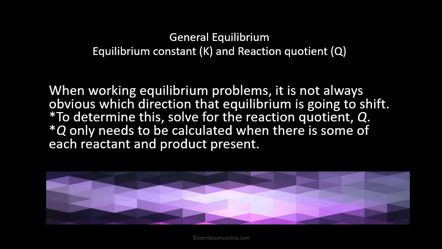Let us see what is the relationship between K and Q in this video, and what Q represents and how it is different from K. Q is nothing but the reaction quotient. We use the reaction quotient if it is not obvious for us to see which direction the reaction will proceed,